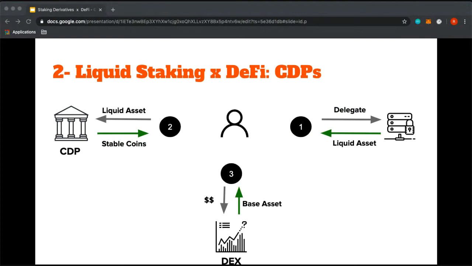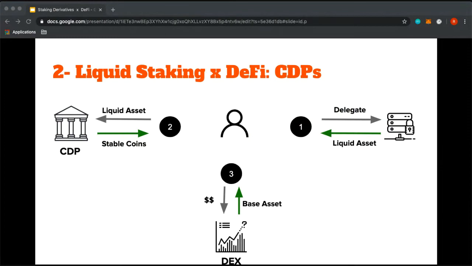So CDPs, if you are familiar with them, are the way MakerDAO allows you to create DAI. It's a smart contract in which we lock Ether, and we receive DAI for locking this Ether. So basically, we're locking Ether, and we receive a stable coin, and the amount of Ether that is locked is always a lot higher than the amount of DAI that we receive in